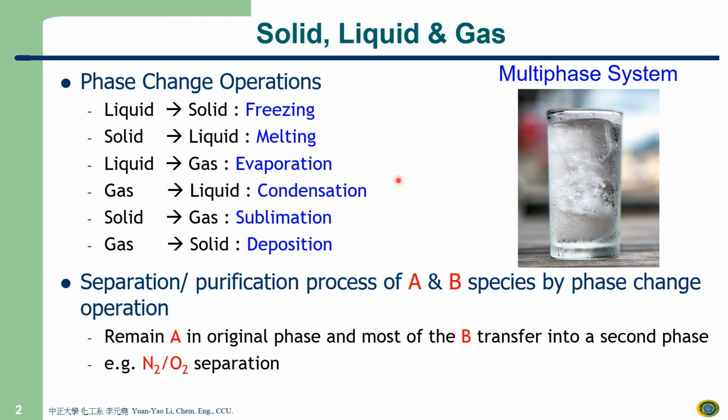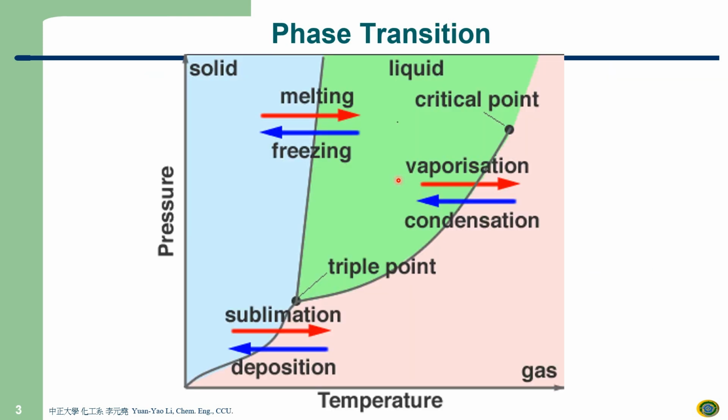So you want to introduce nitrogen in the industry, so you can keep the food longer, right? So how do you separate nitrogen and oxygen? You want oxygen or you want nitrogen. So this is kind of an industrial process. Okay, I'm going to show you this later. But before that,